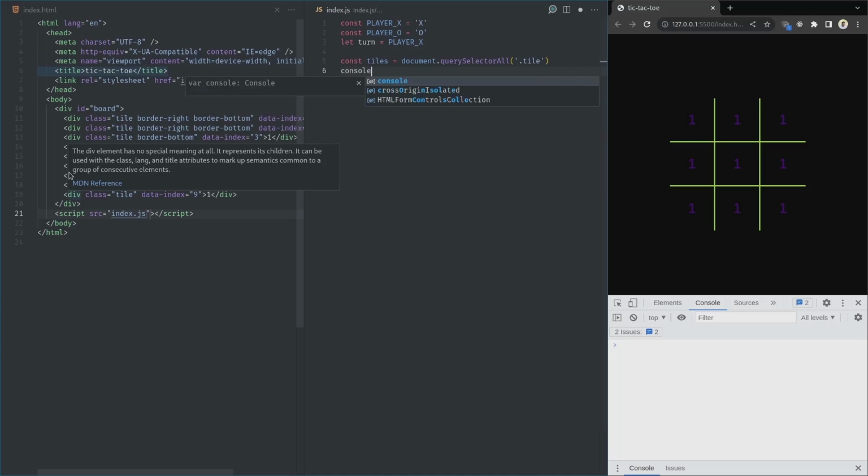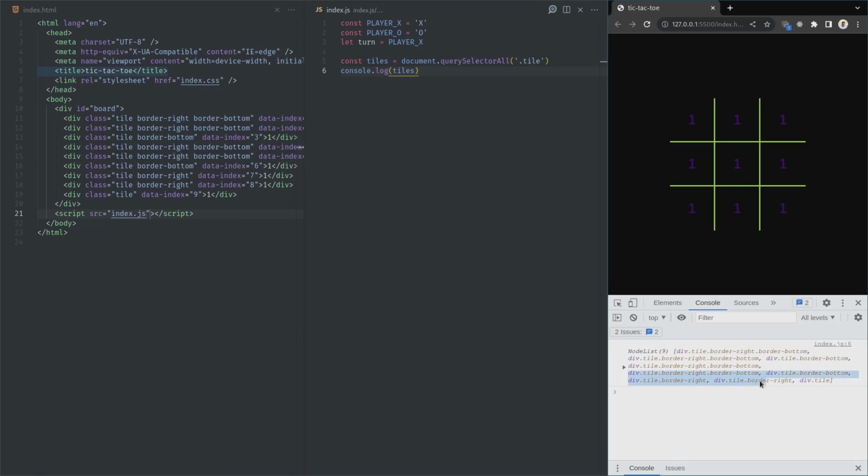I'm gonna console.log that down so we can make sure that everything is working fine. Yes, as you can see, we've selected all our divs with the class of tile. Let's get back to VS Code,